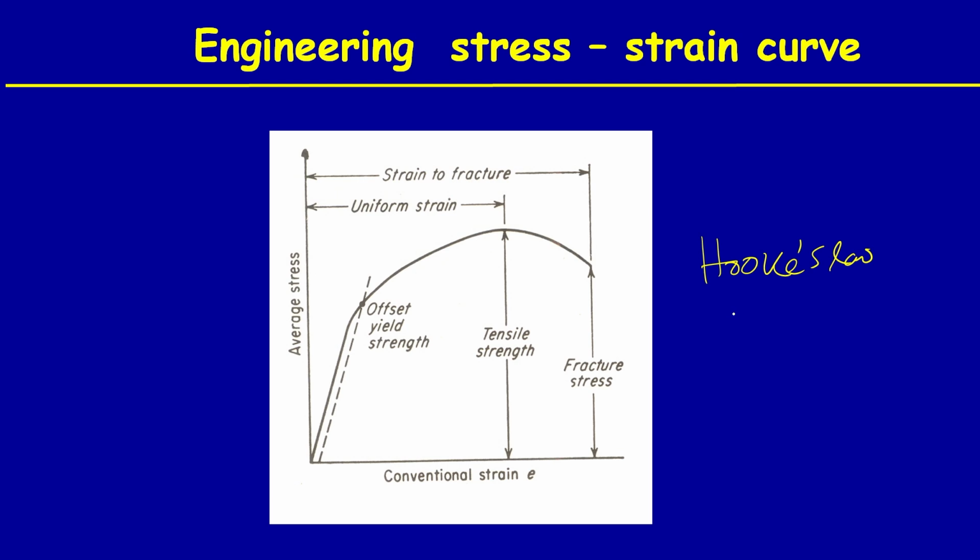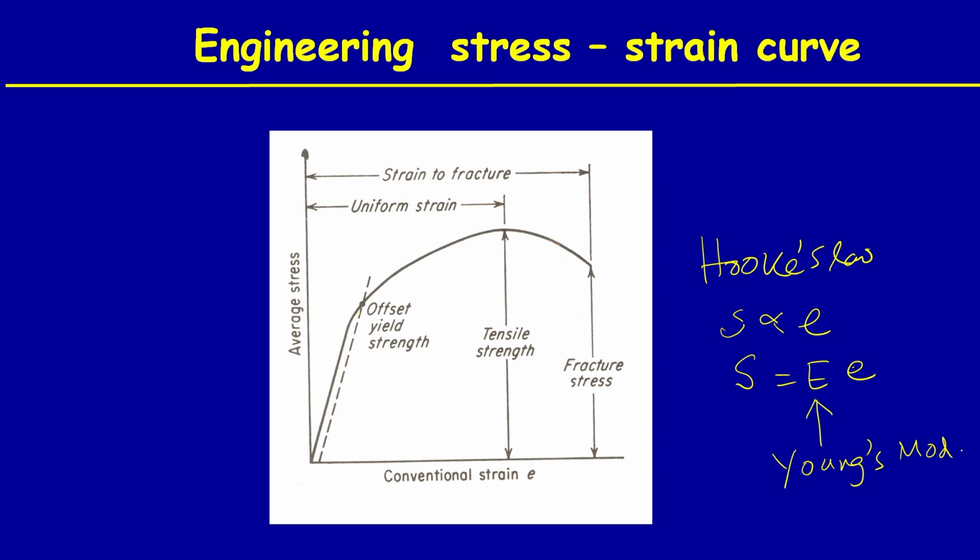Hooke's law: stress is proportional to strain. So, stress is equal to a constant multiplied by strain, and this constant is known as Young's modulus. You should know this. This is basically school physics, and you can see that the initial portion of the stress strain curve is a straight line that follows this Hooke's law, and after